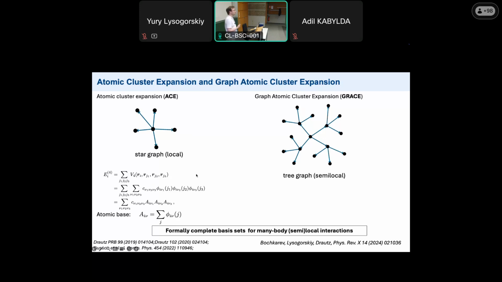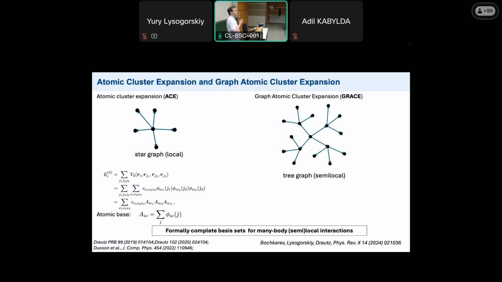So the trick that we use in atomic cluster expansion is the so-called density trick, whereby we swap the order of summation over the descriptors versus summation over the neighbors. First we sum over neighbors, and then we work with the descriptor space. This allows us to get rid of the polynomial complexity of the many-body subclusters.